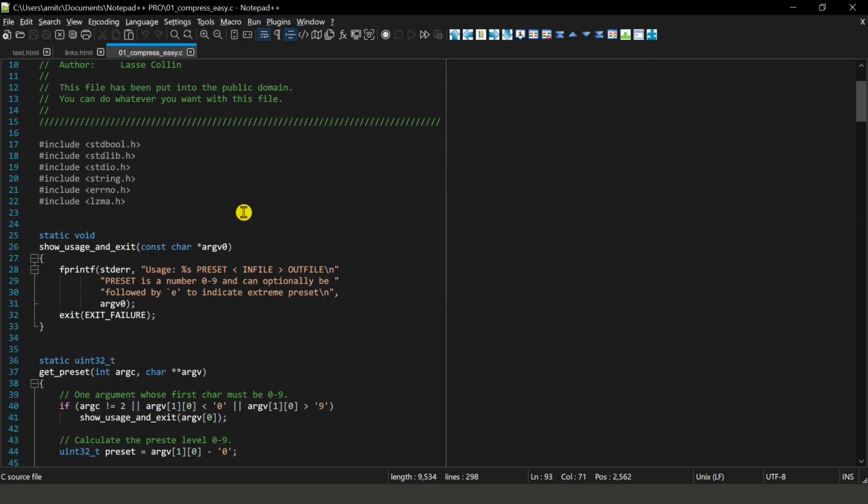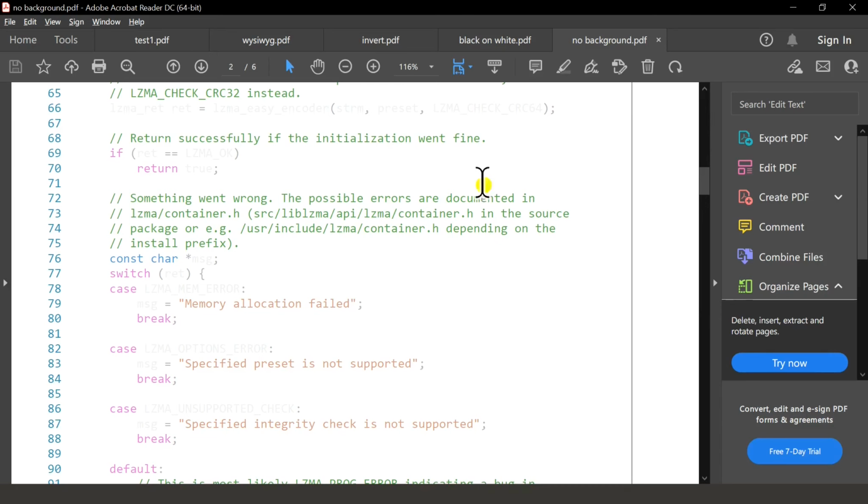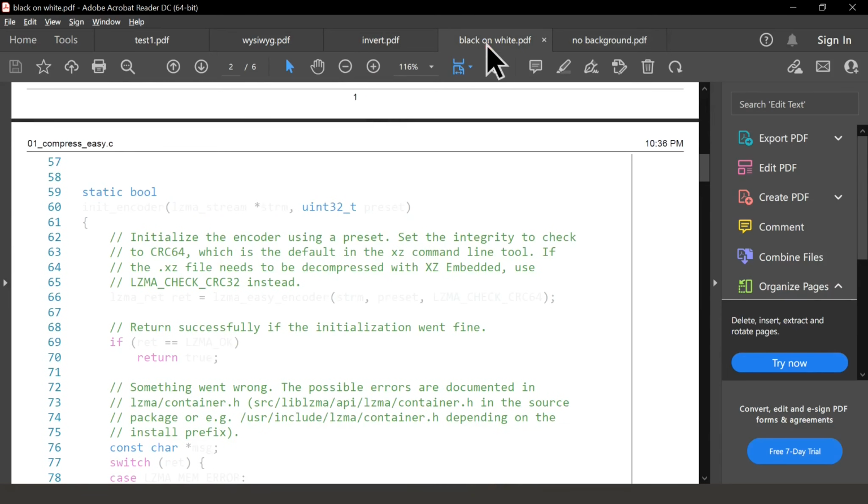And so you may have to, as I said earlier, try trial and error and find out the best print PDF format that you would like, and then once you get that, you can keep those settings. Now if you look at this PDF, actually let's go back to black and white because that